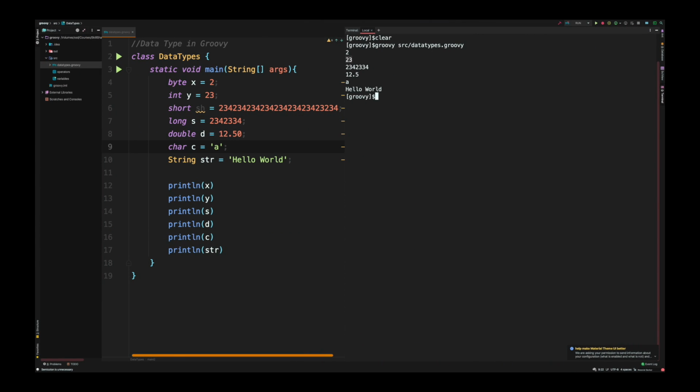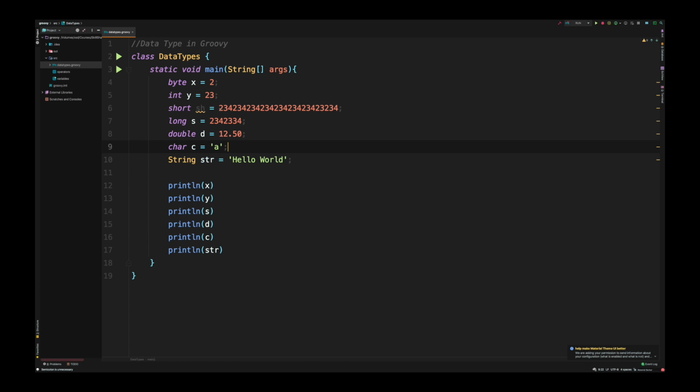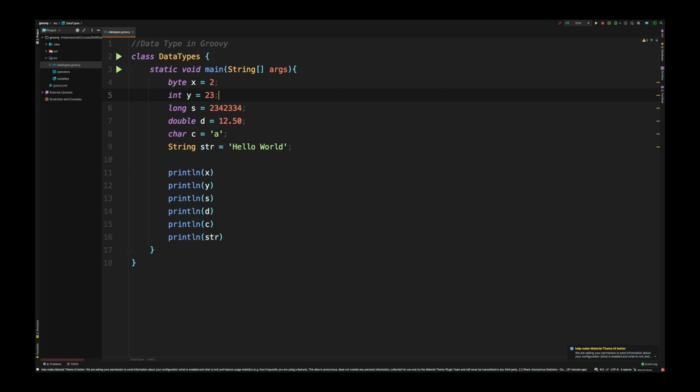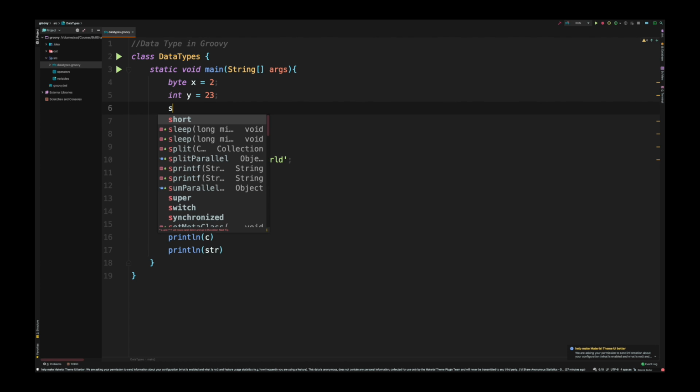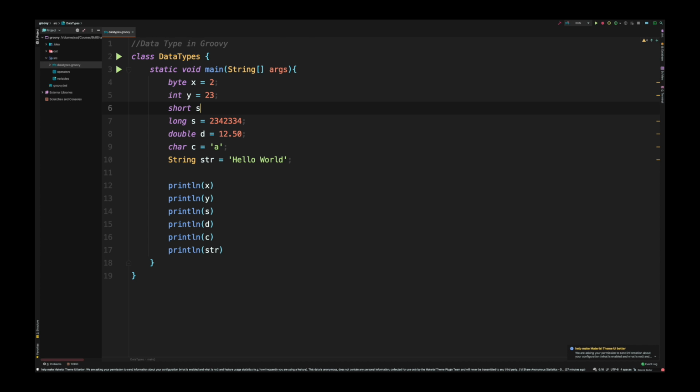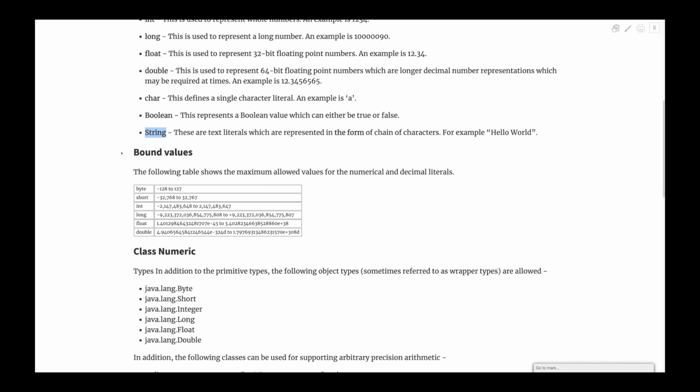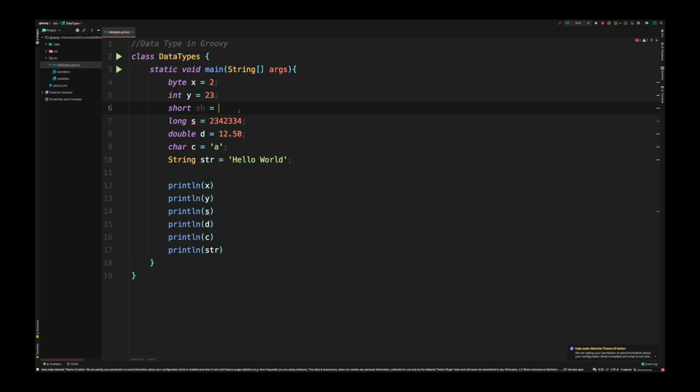So I'm going to just hide the terminal. Here we got short, so I'm going to just remove that. Now we're going to start by defining short, and I'll just say sh equal to, and as it says, a bound value. So the bound value means that this can only have -32,768 to 32,767. So what if I type 43 and then some number here?